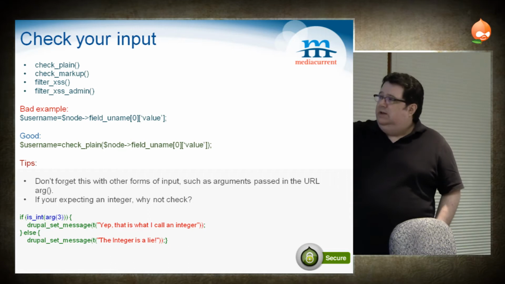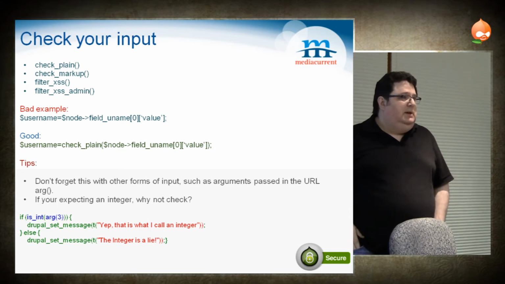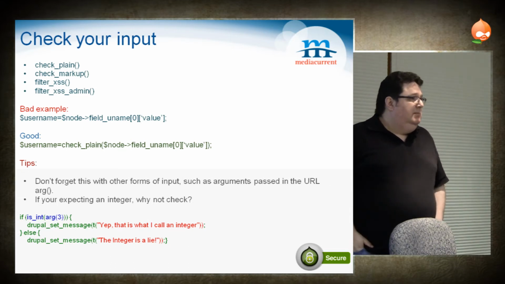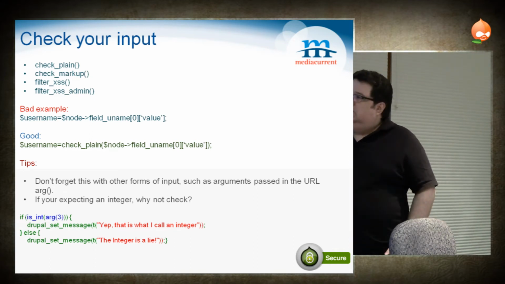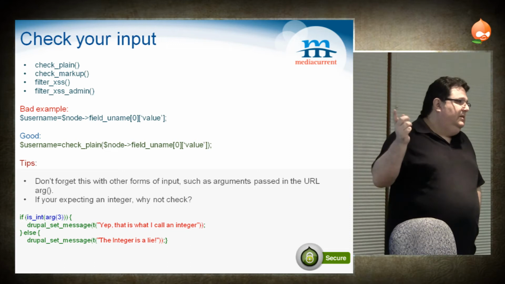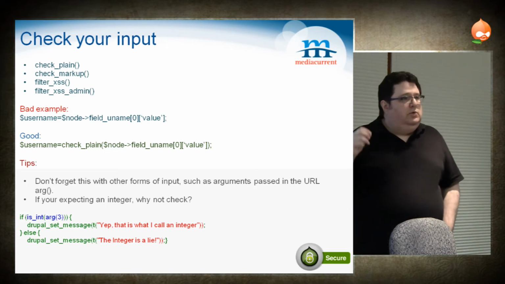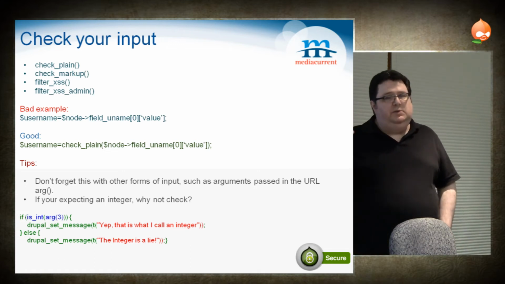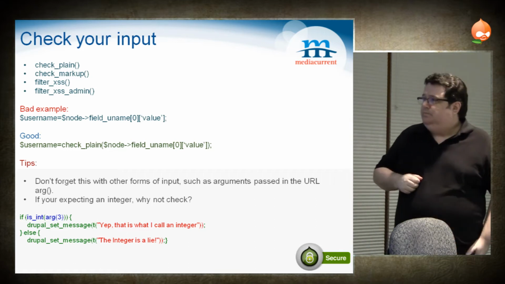So if I'm looking at an integer being passed to my script, why don't I check if it's an integer? And anything outside of that, I just reject. And Adobe does that with Dreamweaver. If you use any of the built-in wizards in Dreamweaver, they automatically check for integers when you pass things like a primary key